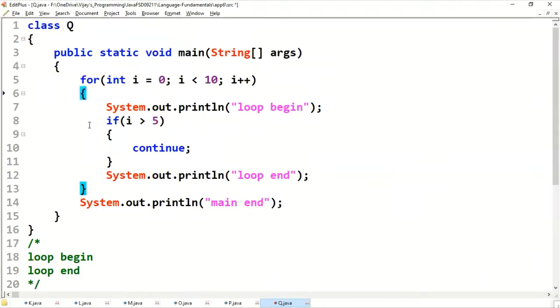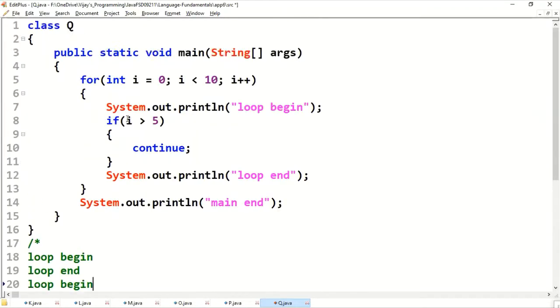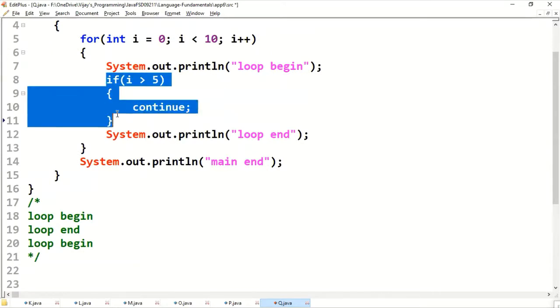Still we are in the for loop. i will be incremented to 1. Whether 1 less than 10, yes. Loop begin. Whether 1 greater than 5, no. It won't execute the if condition.